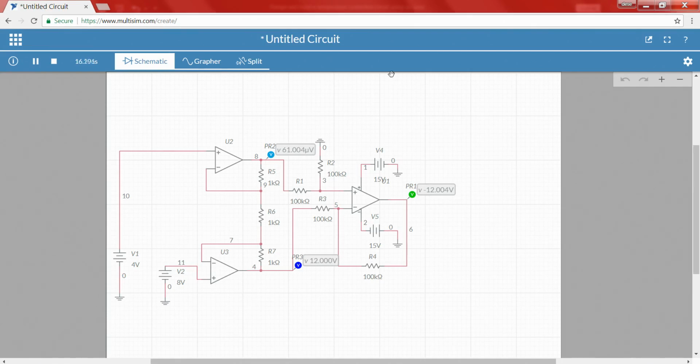Let me apply the same signal, 5 and 5, because that is the signal we have used. Applying both 5 and 5, I got minus 4.0811 milli. So, this way we can construct an instrumentation amplifier and calculate the CMRR value for the instrumentation amplifier too, right.